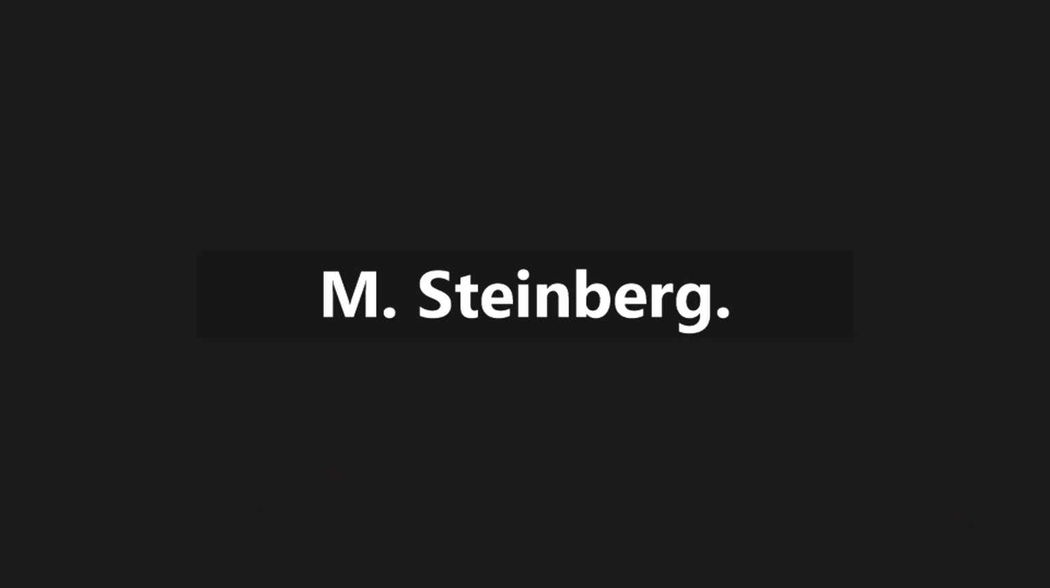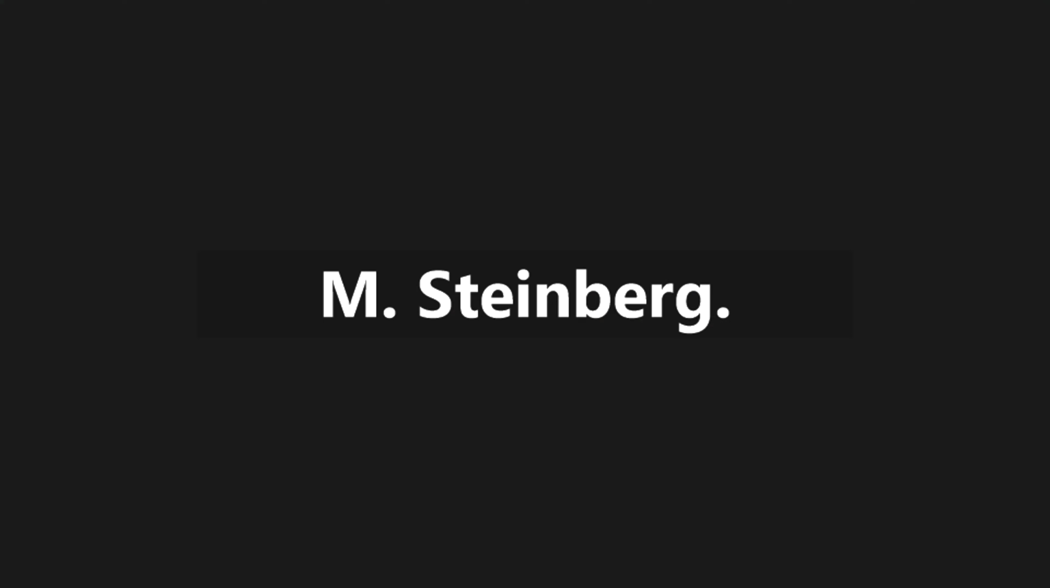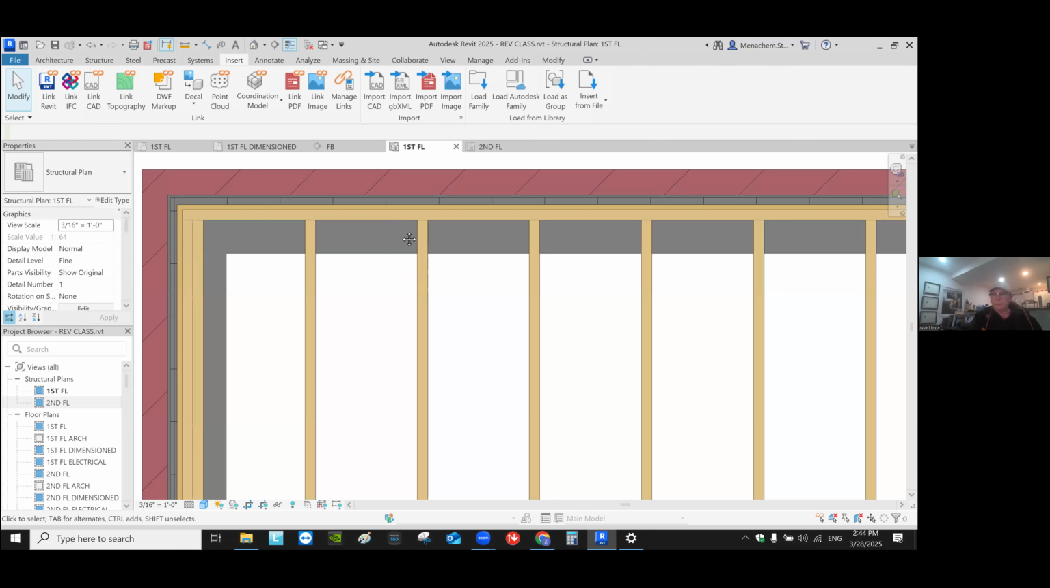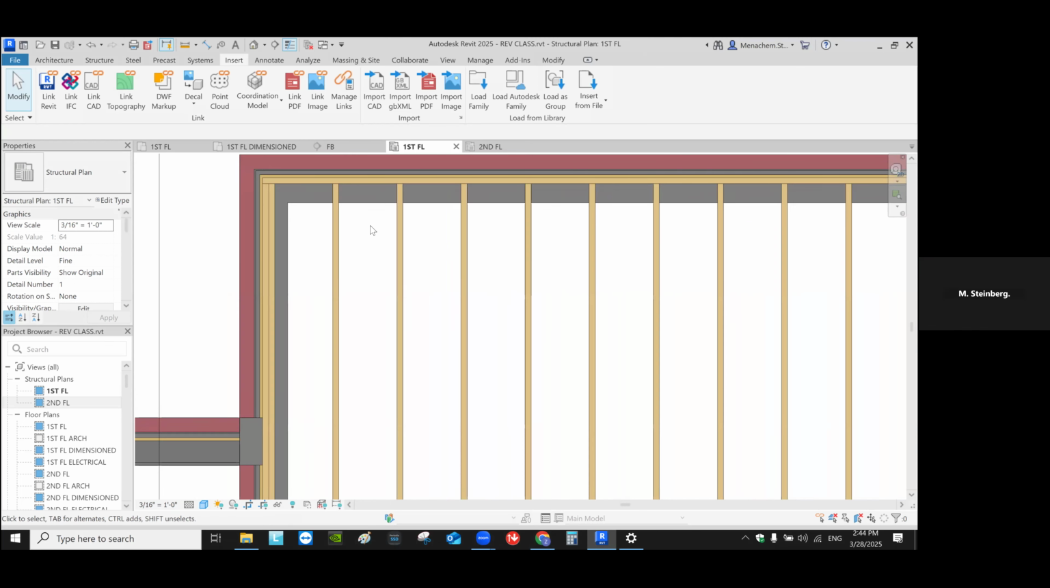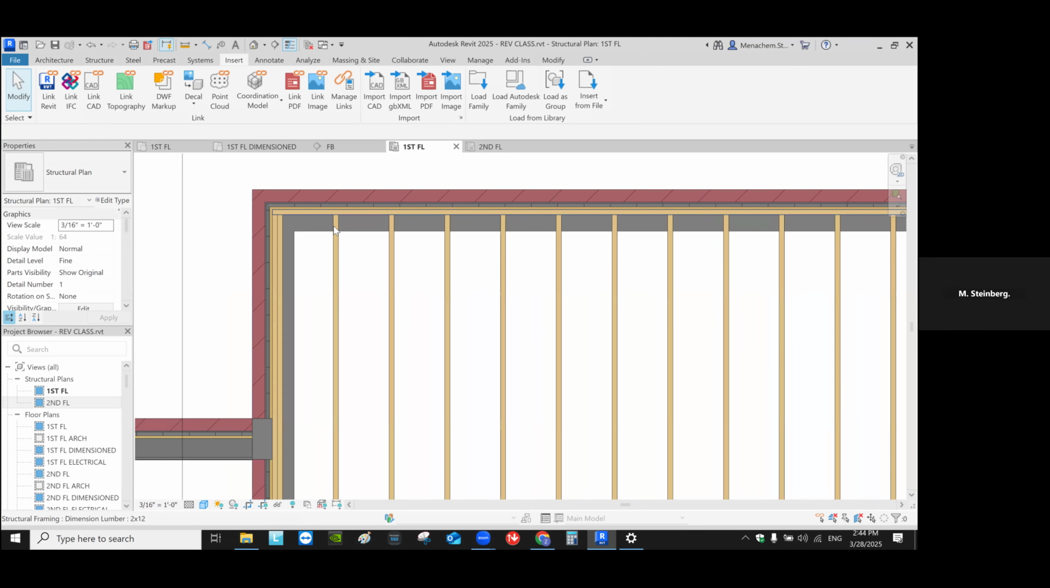I need some help. Okay, let's have a look. Okay, let me share my screen. Can you see my screen? It's coming up. Yep. Okay, I'm trying to put a 2x6 underneath around, and I don't want to duplicate. I would rather